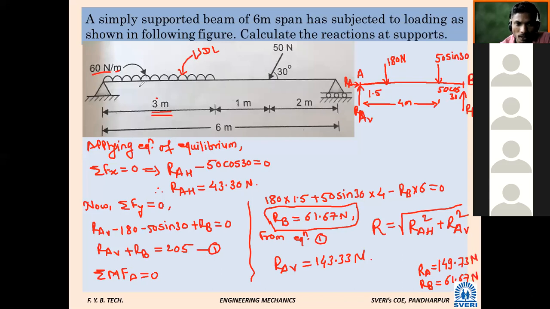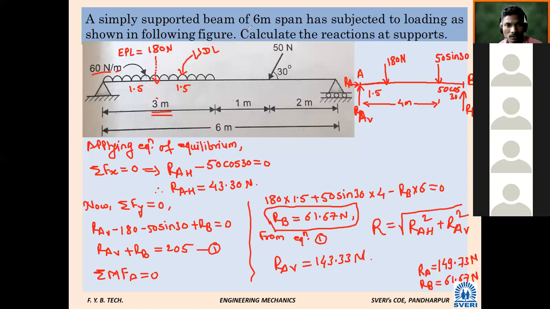And what do we do with a UDL? We take its midpoint of the length over which the load acts. So that is the midpoint of 3 meters: here 1.5, here 1.5. The intensity is 180. If we name this EPL, does anybody know the long form of EPL? EPL means equivalent point load, 180, shown at the midpoint of that particular span. The midpoint of 3 meters is 1.5. Okay, shall we go next?